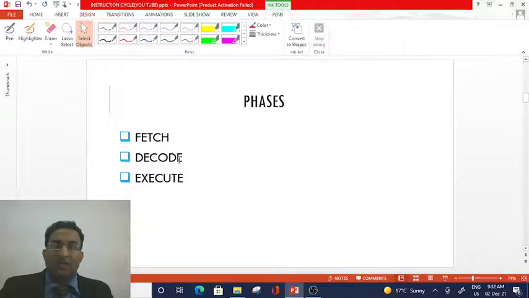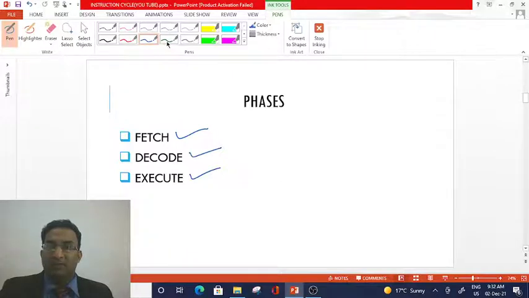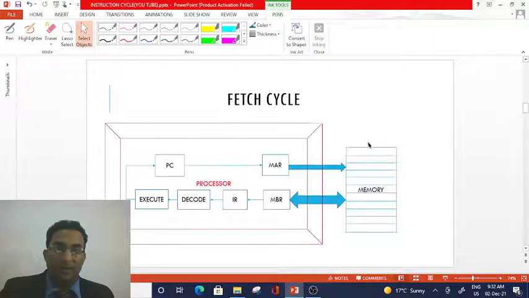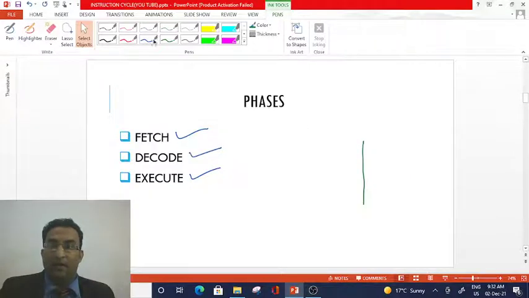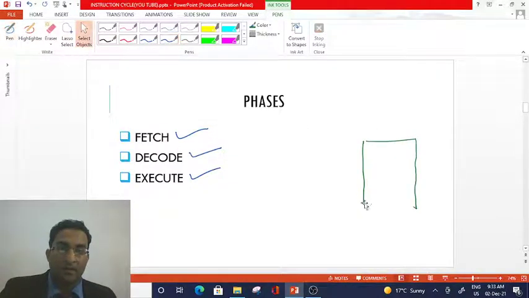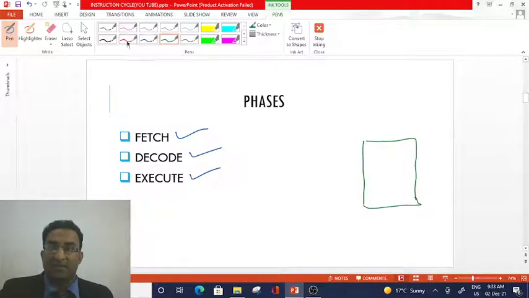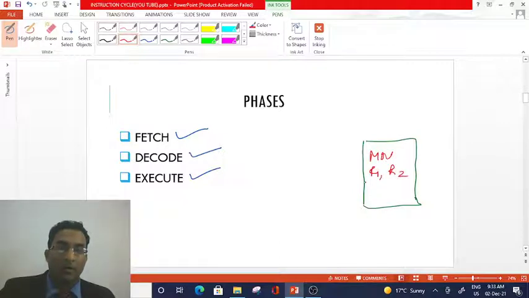Now as I told you, there are three phases. First is fetch. Instruction will be fetched from the memory, then it will be decoded, and then it will be executed. Now I will show you this with the diagram, that we have a memory. And in this memory an instruction is written here, move R1, R2 on a location that is called address of a memory. Let us suppose 3000.